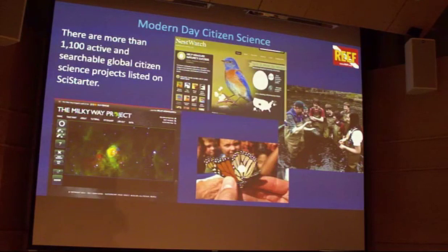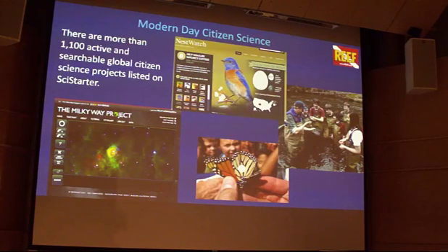But then not natural history ones. There's all sorts of ones about astronomy and looking at data from the universe and helping identify points of interest on photos. Looking at how proteins fold and trying to come up with the best ways for folding of proteins, basically gamifying science to the people who are sitting in their living rooms. So a whole breadth of things, earthworms, and you name it, there's probably a citizen science program for it.